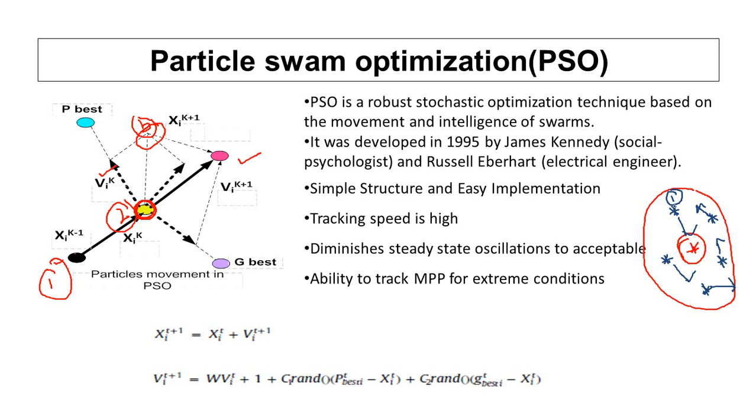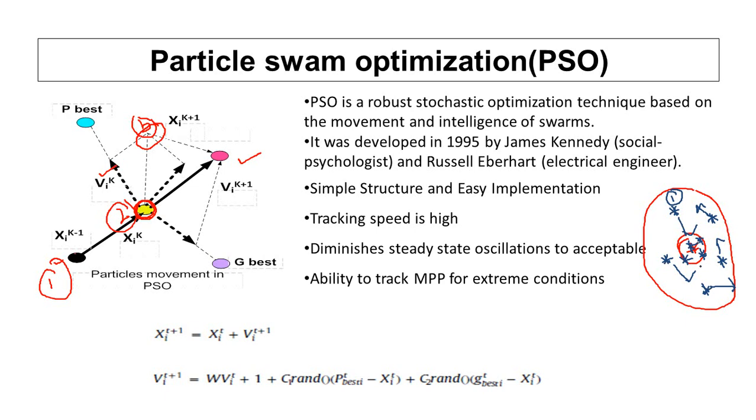So keeping this first particle's velocity and position as a reference, now all the remaining 4 particles will try to move towards this particular global vicinity. This will keep on continuing, and in the next iteration, another vicinity it will go and search. In the next iteration, the blue color will be almost in the global region. All 5 particles will be almost there, but it will take some iterations.